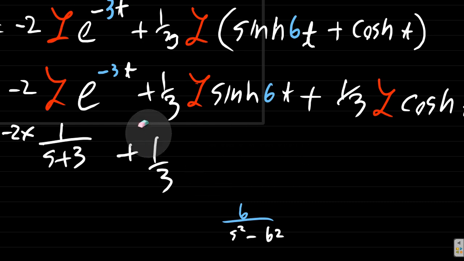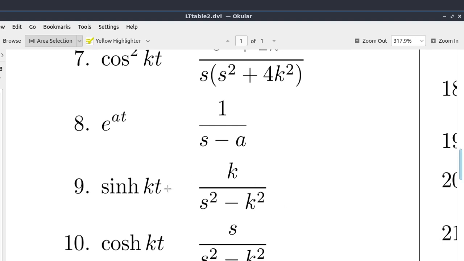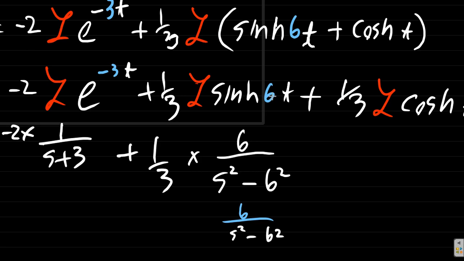So let's write down what we have there. 1/3 times 6 divided by s squared minus 6 squared. Alright, you see? Sine of a number t is the number over s squared minus the number squared. So sine of 6t is 6 over s squared minus 6 squared. Alright. Plus 1/3 times